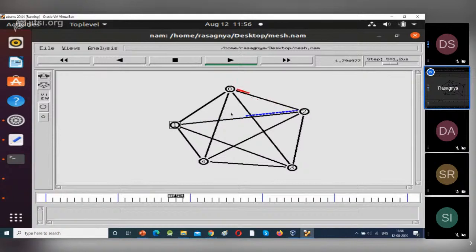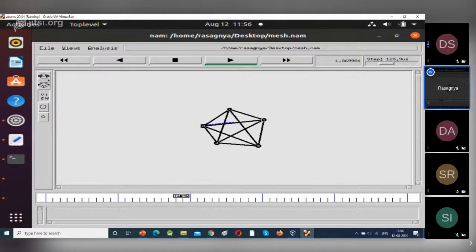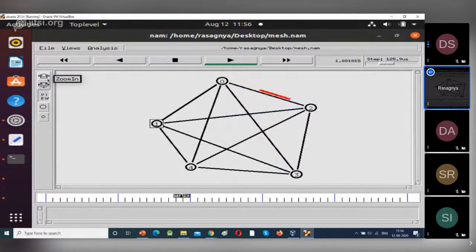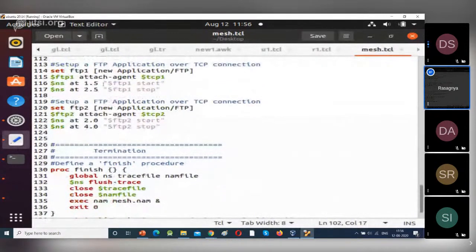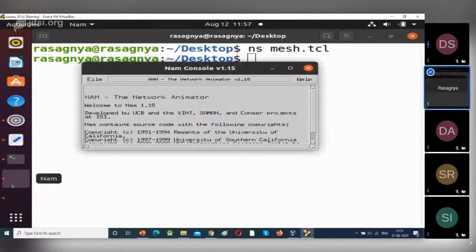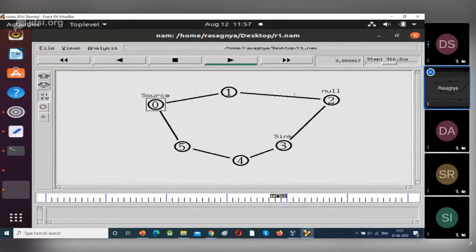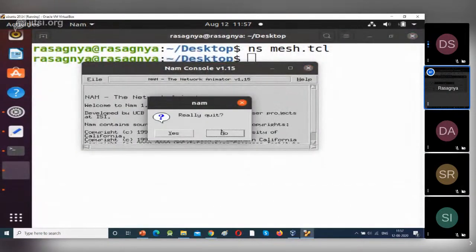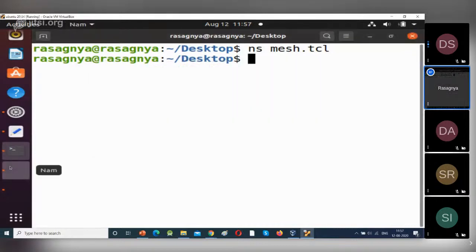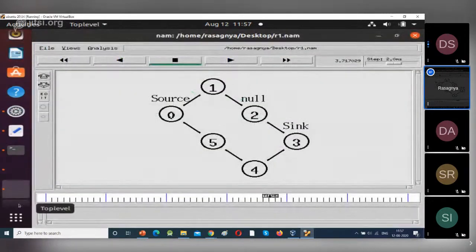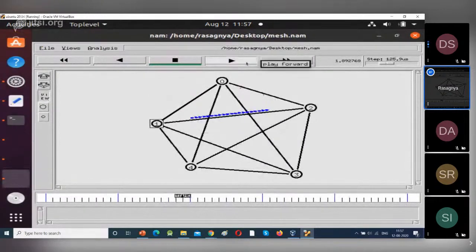The blue color data packet is very large. At 2 seconds, this 4 node will send, or I think 3 node.